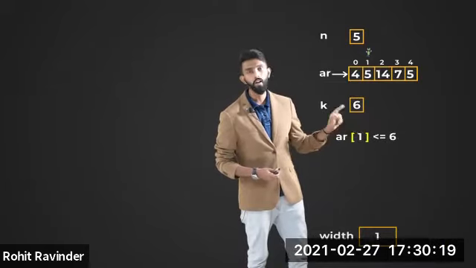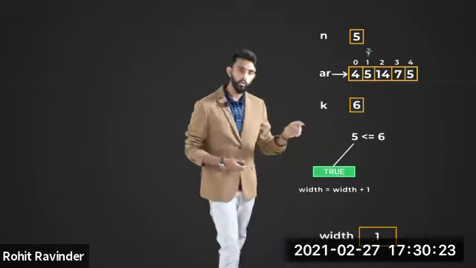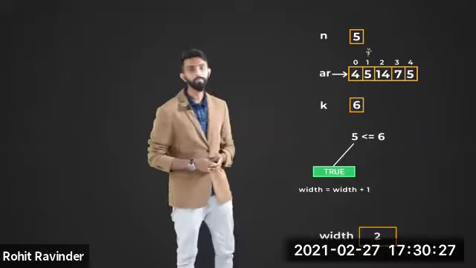After this, you're within a loop, which means this I value moves forward. And if this I value moves forward, it is the next element. Take the next element, AR of I, is it less than... okay? Here I value is 1, AR of 1 is 5, 5 is less than equal to 6, true. If it is true, he doesn't have to bend. If he doesn't have to bend, what should he do? Increase the width by 1.